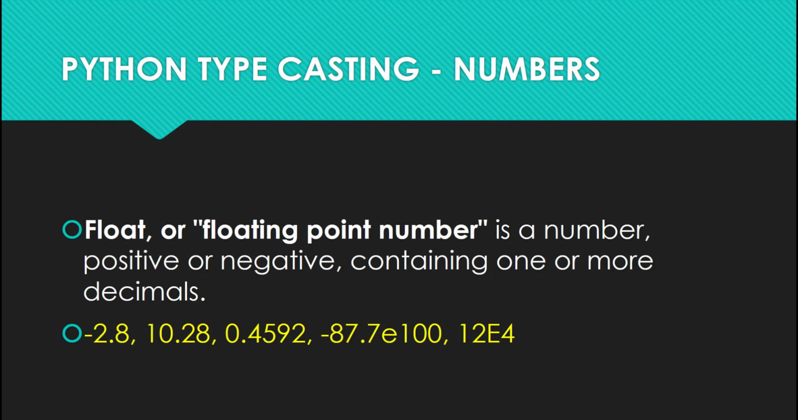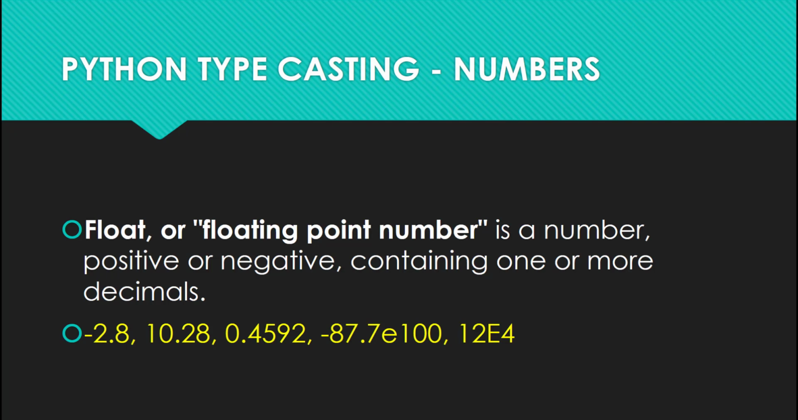The next type of number is float, or a floating point number, which is a number, positive or negative, containing one or more decimals. In the examples we have here, minus 2.8, 10.28, and we also have minus 87.7 exponential 100, and